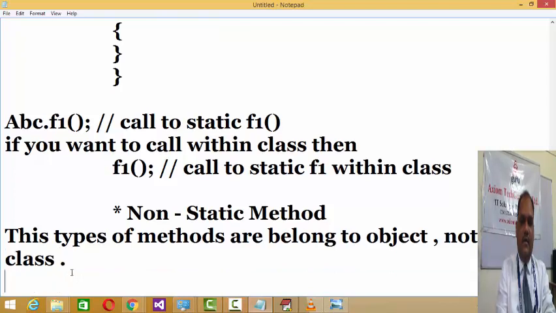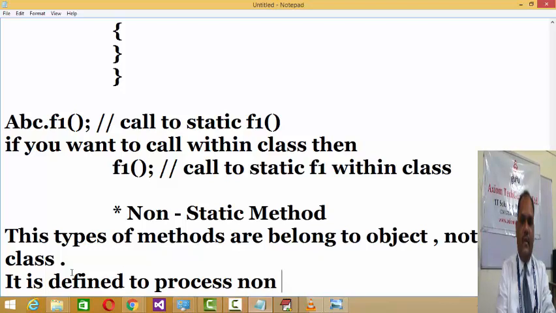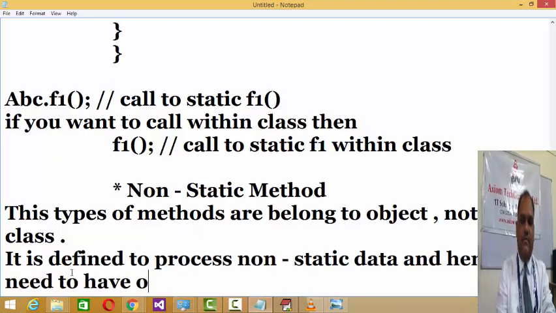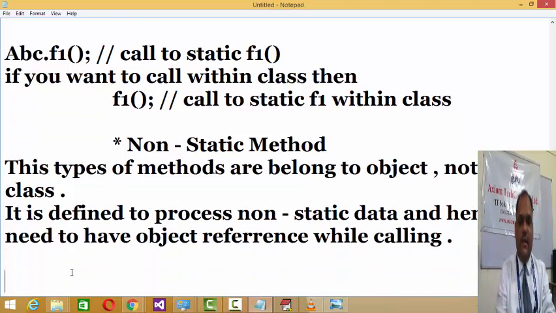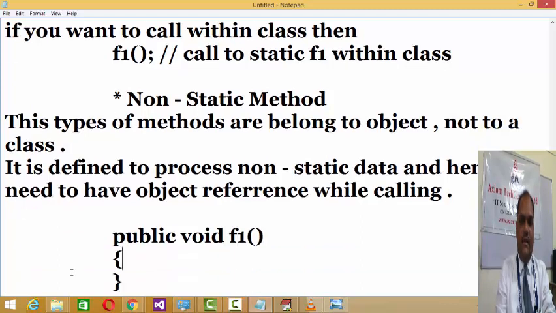It is defined to process non-static data, and hence you need to have an object reference while calling. If you want to call a non-static method, let us assume, what is non-static? Actually, if you remove the static keyword, public void f1, this is the method, and it belongs to, let's say, class ABC.